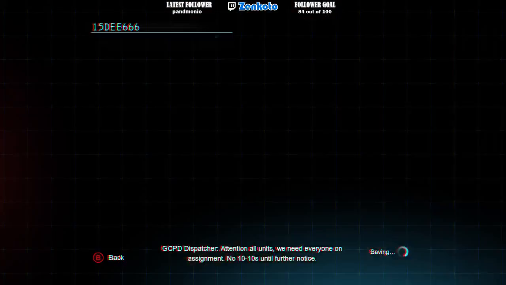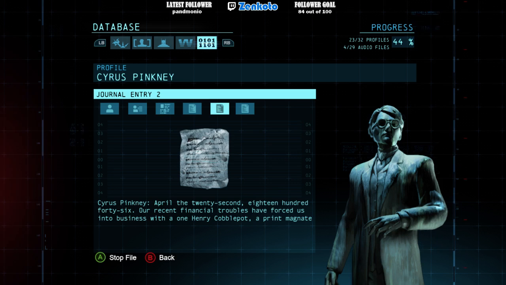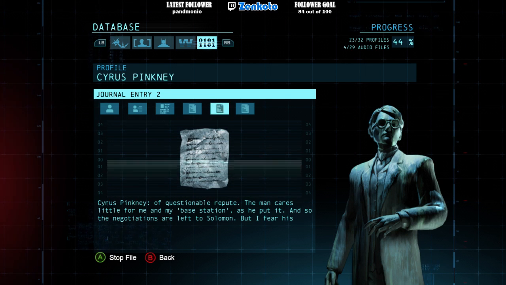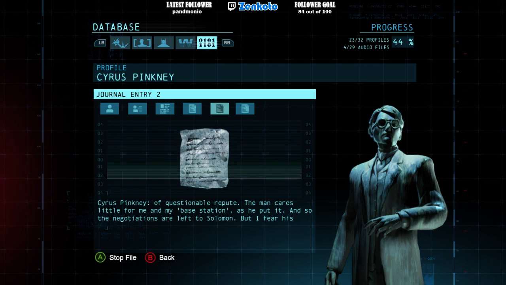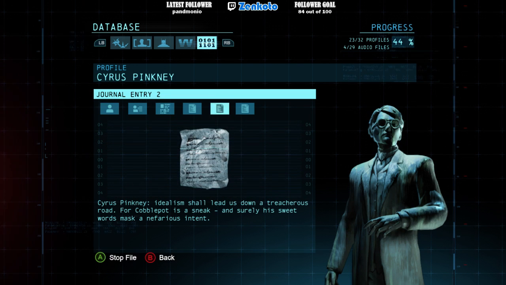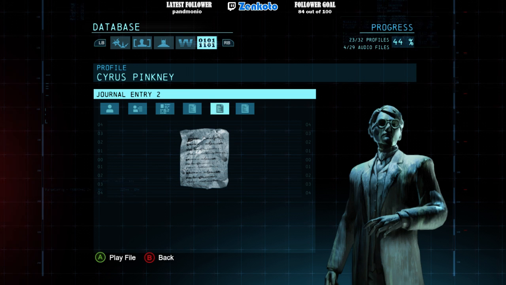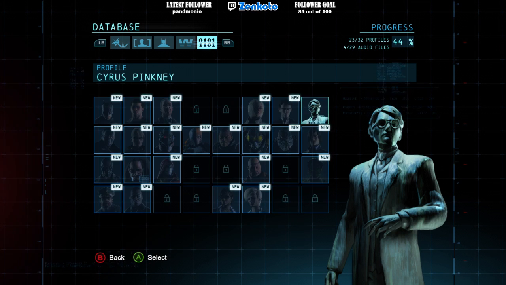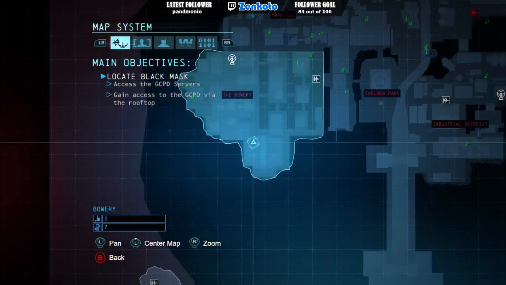That's pretty cool. Alright. April the 22nd, 1846. Our recent financial troubles have forced us into business with one Henry Cobblepot, a print magnate of questionable repute. The man cares little for me and my base station, as he put it. And so, the negotiations are left to Solomon. But I fear his idealism shall lead us down a treacherous road, for Cobblepot is a sneak. And surely his sweet words mask a nefarious intent. Okay, so he did business with, I believe, the Penguin's father, Henry Cobblepot. No 1010s until further notice. Alright, so...